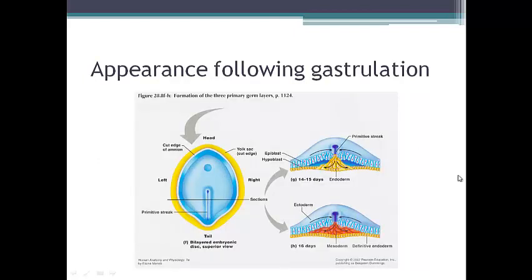Okay, so as always, we're just going to do a quick recap of where we left off last time. Remember, we ended with the formation of the three germ layers and the trilaminar germ disc. We said that the appearance of the primitive streak within the epiblast causes a new mass of cells to migrate, and the first thing we had was replacement of the hypoblast with the endoderm, and then a new mass of cells formed the mesoderm, and then we ended up with three layers. Remember, anything in blue is always ectoderm, anything in red is mesoderm, and anything in yellow is endoderm.